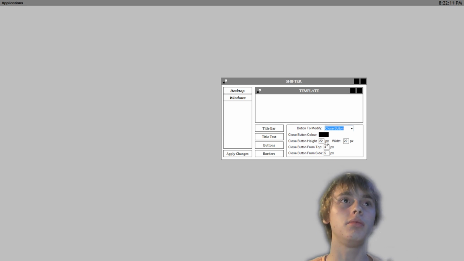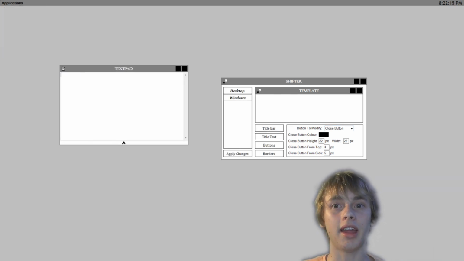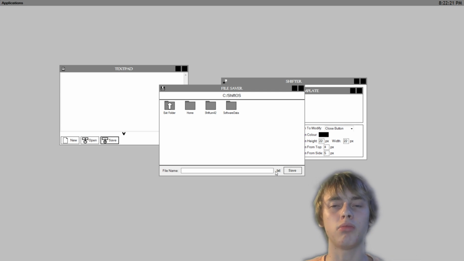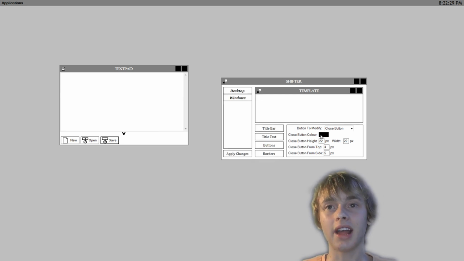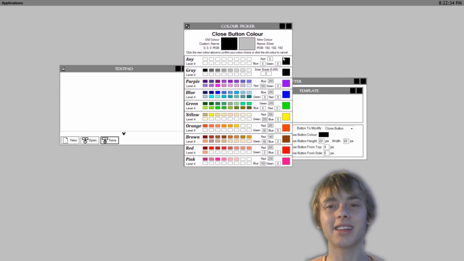So ArtPad, let's say this TextPad was ArtPad, and so on. I've just designed a beautiful close button in ArtPad. I go here, I save it, and it'll save as, say, what could it be, a .pic file. And once I've made my little pic file, I can then use this, right click, and instead of the color picker appearing, it will be a graphics kind of picker, so a graphic picker, I think,